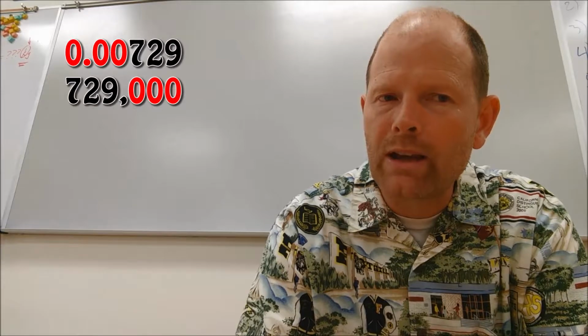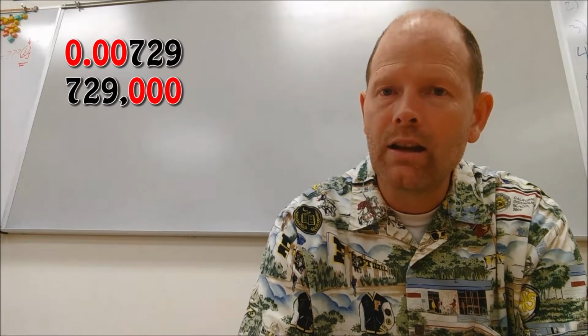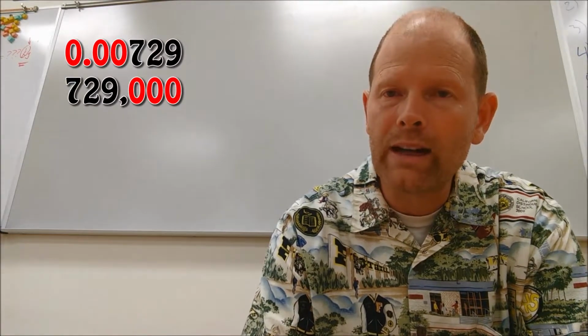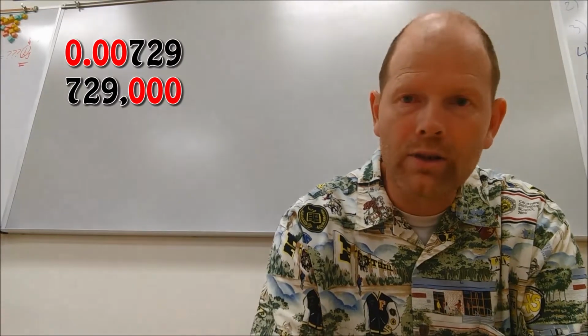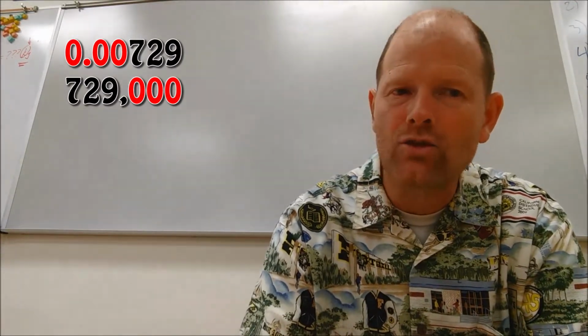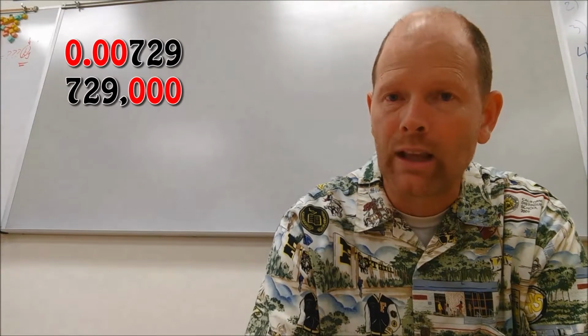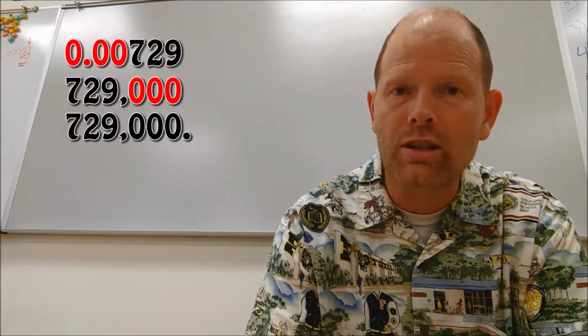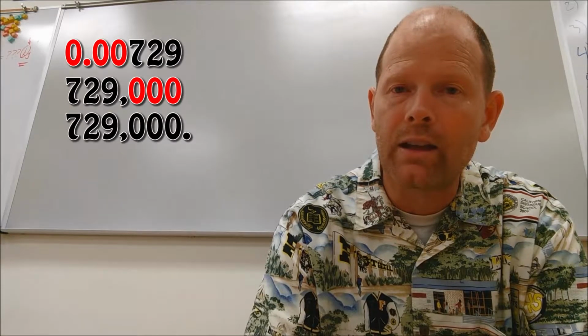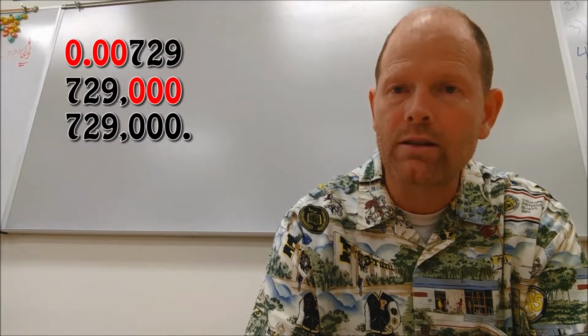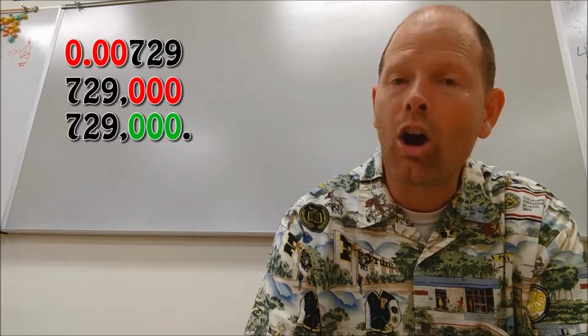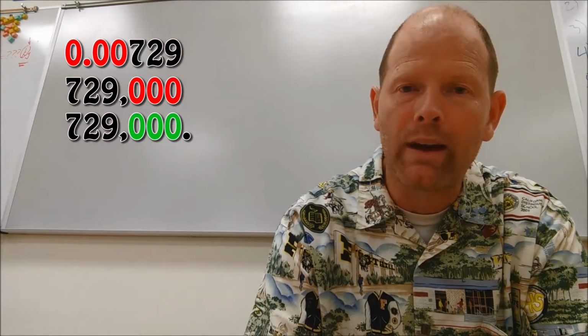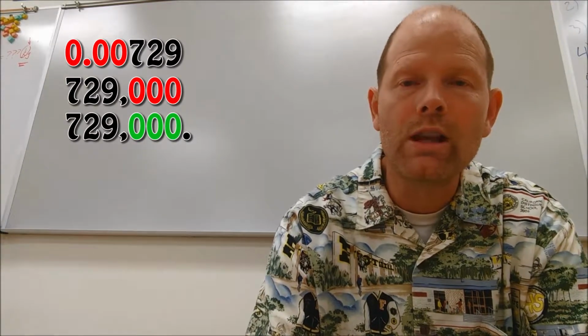Well, what if we actually measured it? And it was 729,000, no 100s, no 10s, and no units. If we measured that, then we just add a decimal like this. Then our rule would tell us the zeros to the right of the last non-zero digit, to the right of the 9, are significant once there's a decimal point. And that's the notation we'll use to show that the